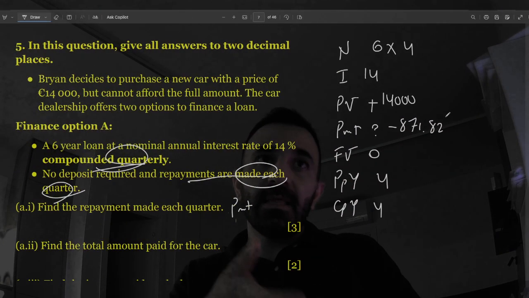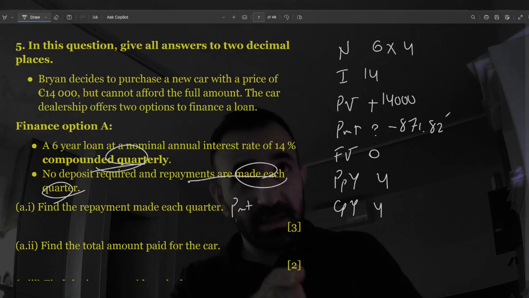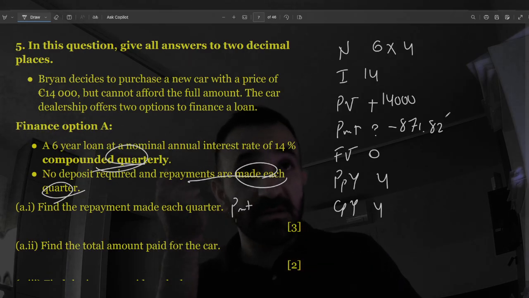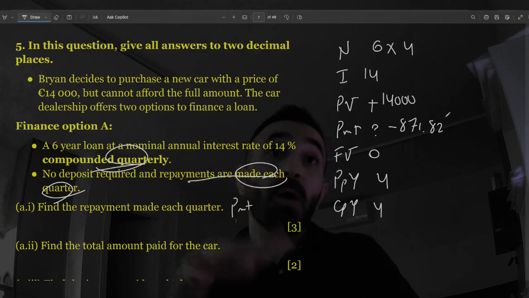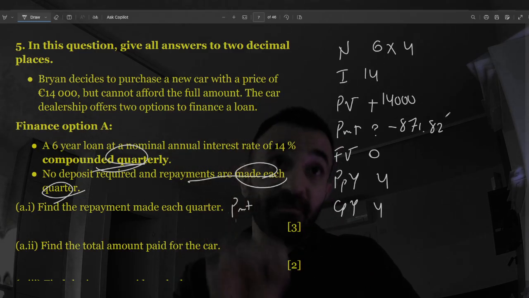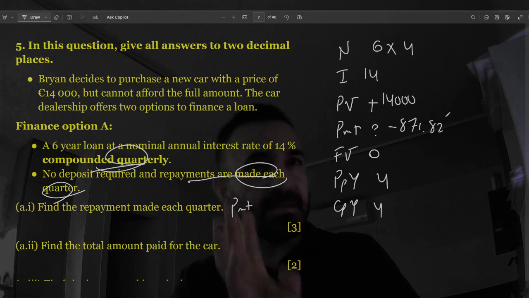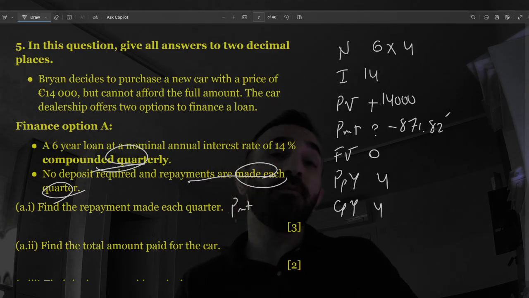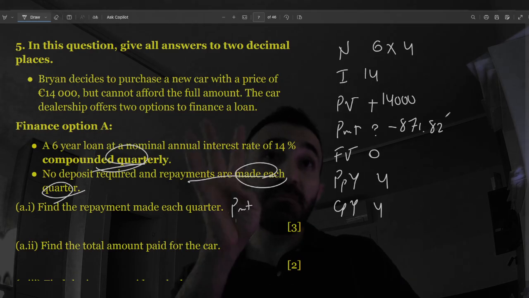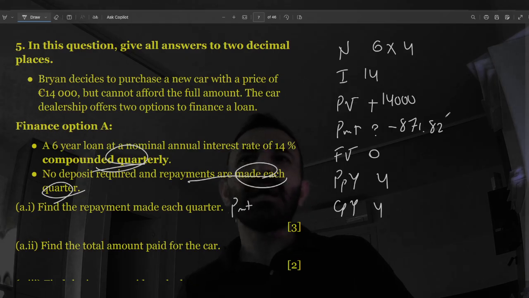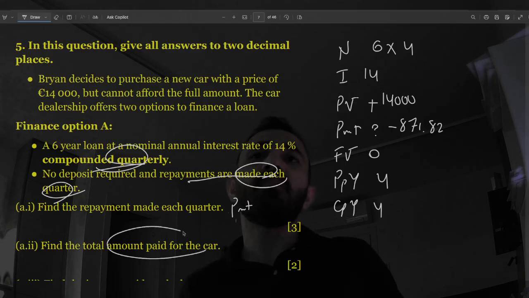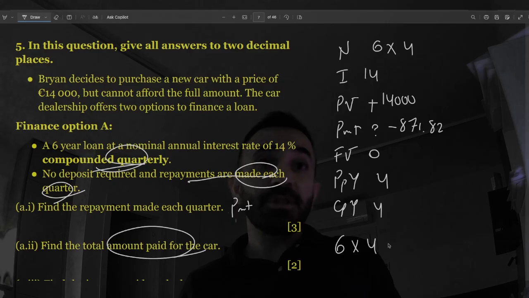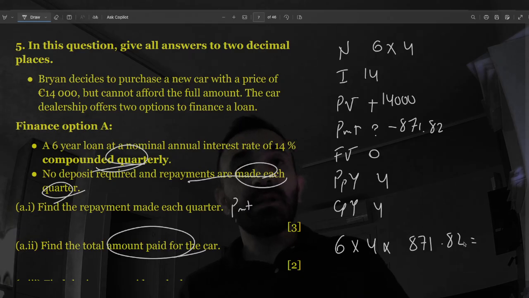What does it mean? The car dealership is going to give me this money, $14,000, because this is the price of the car. Then I'm going to give them back every season, 4 times a year, minus $871.82. For how many years? For 6 years. Now, if I ask you what is the total amount of money that I paid for this car, so for 6 years, every year 4 times, I'm paying 871.82. If you multiply this,